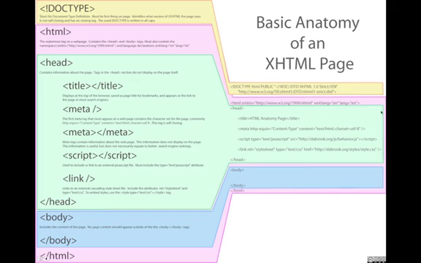Then what you'll see here is a schema definition right here. All right, so this is just another line that's required for XHTML that indicates the language right here. And once you have those two in place, then